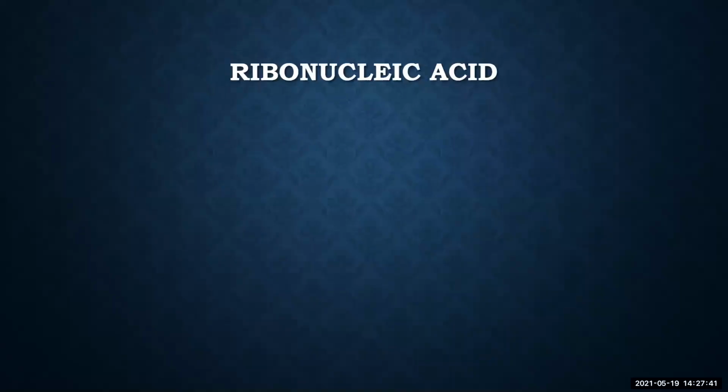Right. So in this session, we'll continue with the nucleotide chemistry and I'll focus on ribonucleic acids. Okay, RNA. So what is RNA? RNA is a polymer of ribonucleotides. We had seen in the last session what ribonucleotides are. So many ribonucleotides come together and form a polymer that is called ribonucleic acid.